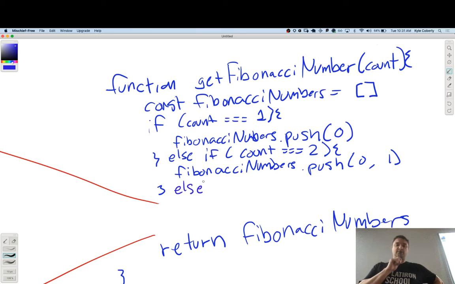Oh, this is actually kind of interesting. So the first thing that I would do in this else block is push these first two in. So I'm going to do a little bit of refactoring right now and say that everything probably starts that way. So we don't need to explicitly check for 2.